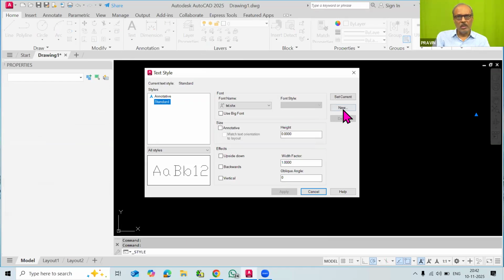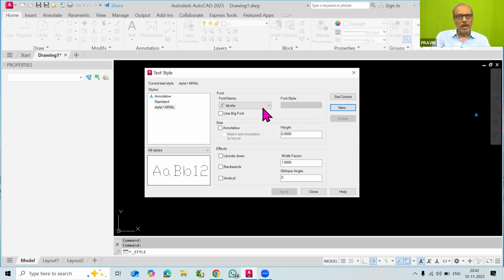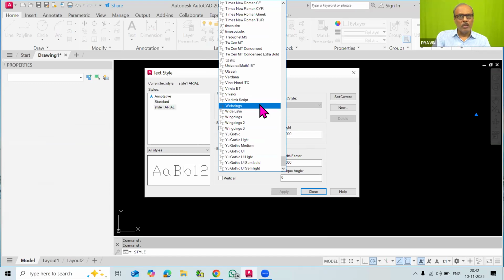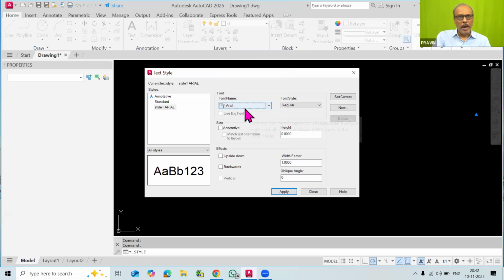Now we click here for new, and the name was style 1. You can also add the word Arial for the font. You can make it okay, and now you have to make this the Arial font. You can check this Arial font, and that's the only change you have to do in this dialog box. Don't change anything else in this.